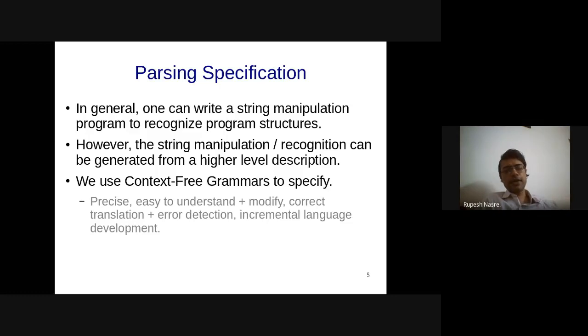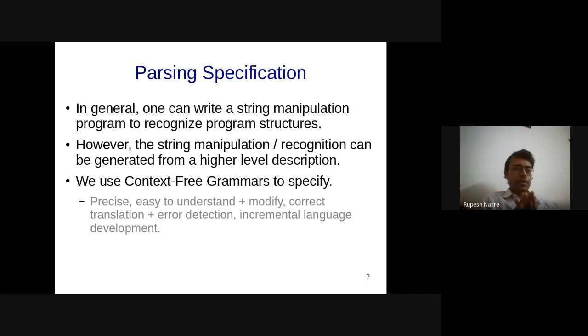In general, it gives correct translation, because we are talking about a specific tool which already exists, which has already been checked, right? There will be bugs in that, but by and large, it is going to work correctly. The error detection becomes easier. It will be uniform across people, right? So when you have error detection in a uniform manner, it becomes easier for the user of your compiler, that is the programmer who is compiling the program using your compiler. And you can also incrementally add it. Incremental addition is also possible in string manipulation, but it becomes difficult when you want to add something in between. So that causes problems in string manipulation programs.